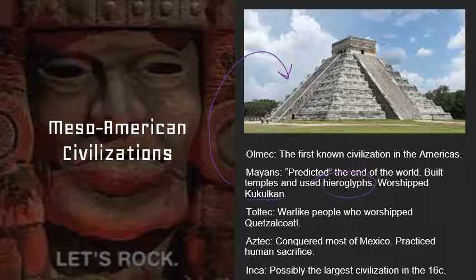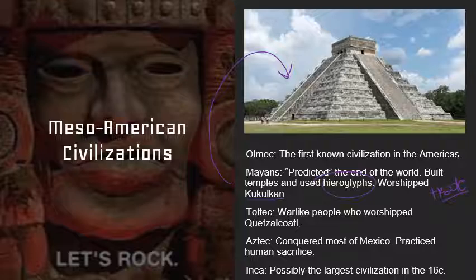Now, the Mayans are highly influential for the Toltec and later on, especially the Aztec. Now, the Toltec are a very warlike people. So the Mayans are very, very influential, but they're influential because of a large trade network. That's how a lot of their stuff is going to be passed along. They're going to go trade, and so people will get ideas from them. They'll start picking up their hieroglyphs, they'll start picking up building tips, they'll start kind of worshiping the same sort of deities, right? They'll pass along all that information.